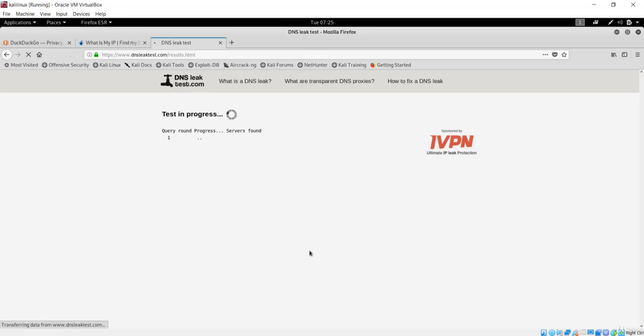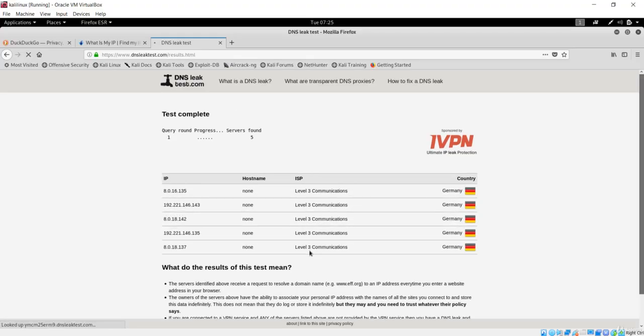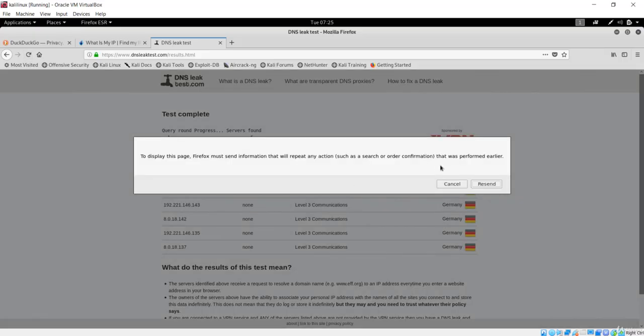So this was going to give us the DNS transparency, or basically the information about the actual server, in the case of that VPN. But now you can clearly see in the case of proxy chains, there is no DNS leak. It has shown that the server is from Germany, not the actual server, and nothing about the internet service provider information. It has given this bunch of IP addresses, level of communication, and you could see that I have the 5 servers found within a minute, maybe within 10 seconds.